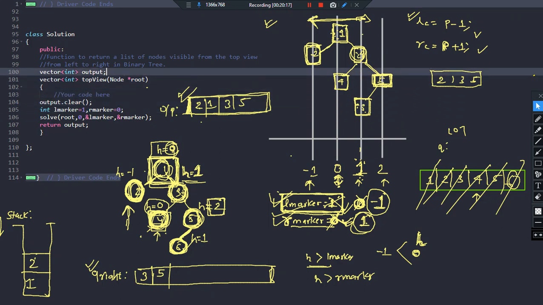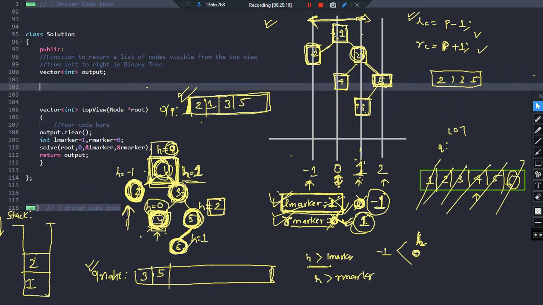So I'll be now defining the function solve. My function solve will be of void type. So void solve. What are the arguments it received? It received a root node. So node star root, comma, anything else? Yes, definitely an integer value h, which is initially 0, and pointers, which are nothing but integer pointers.